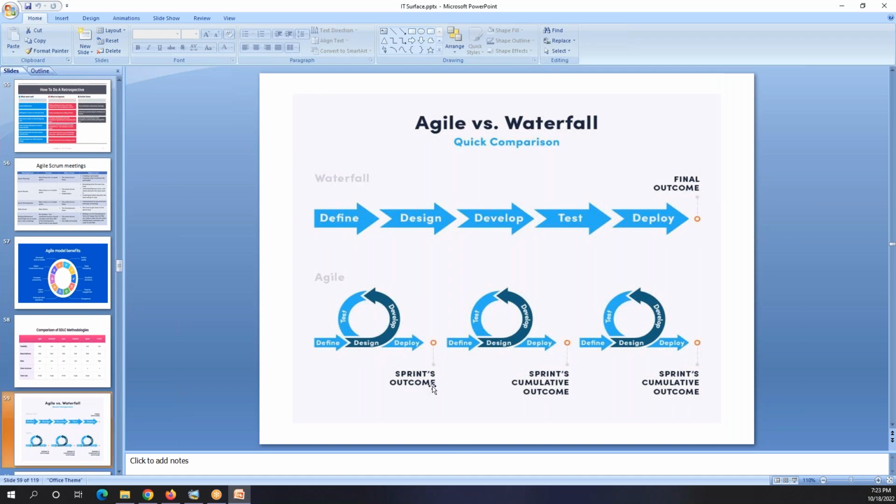And this is the difference between Agile and waterfall. In Agile, they have SDLC phases in each and every sprint, and in waterfall, they have to wait until they finish the previous phase, and they cannot go back. Here we can go back. And for waterfall, we have to wait a certain amount of time to see some output, like 1 year or 2 years. But in Agile, we can see some output after 2 to 3 months.